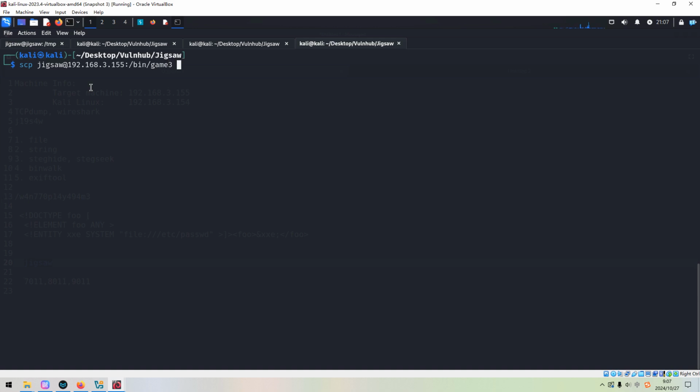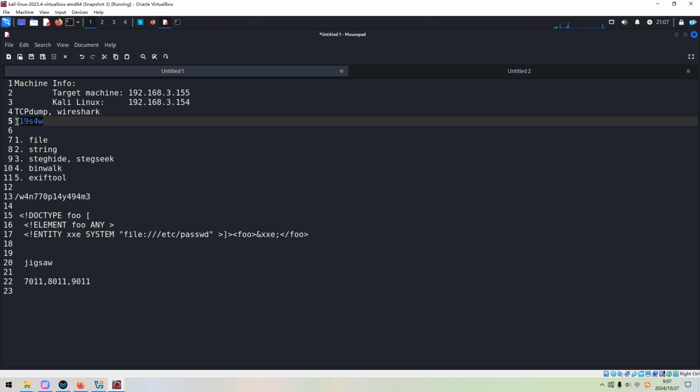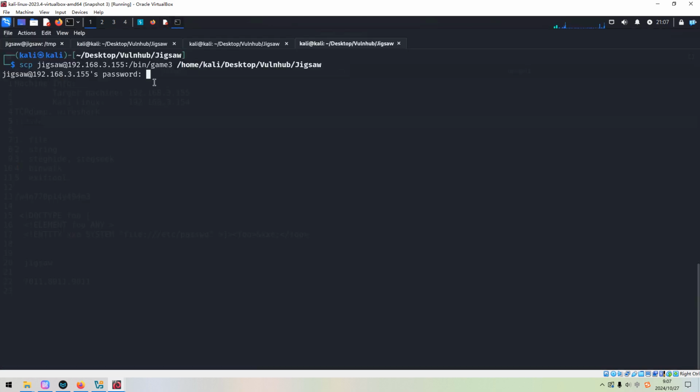Then to the Kali desktop. We can copy its password, paste it in here, and we can make it executable.